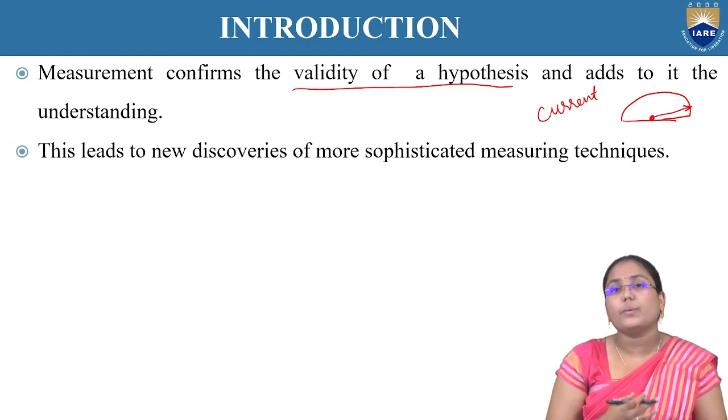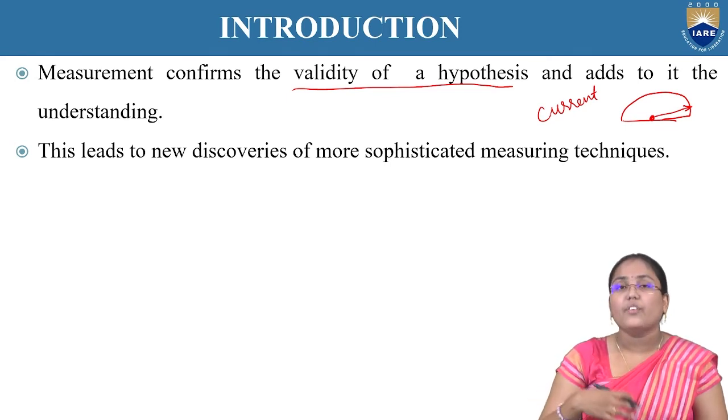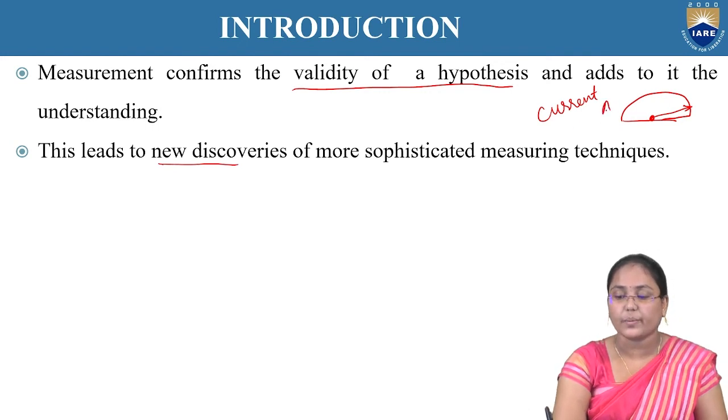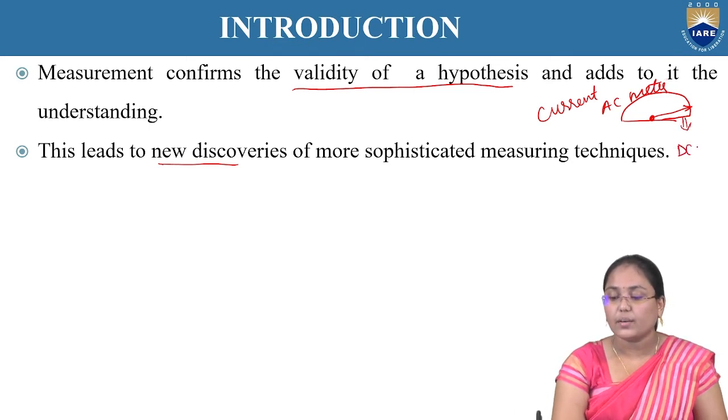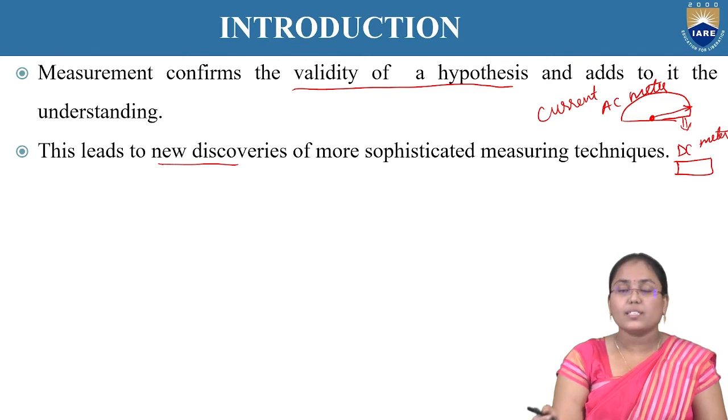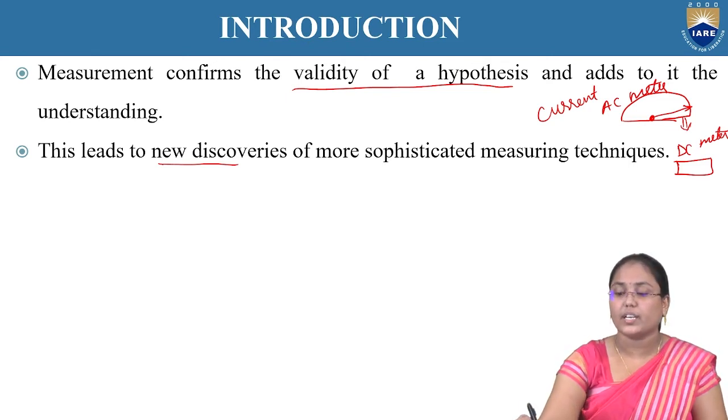By understanding how the measurement process is taking place, we can also make new discoveries. This is basically an AC meter, and we can make new discoveries such as designing a DC meter, where we can just look at the value itself. There won't be any ambiguity in this one, and as such, more improvement we can say, there won't be any misleading of this particular information.